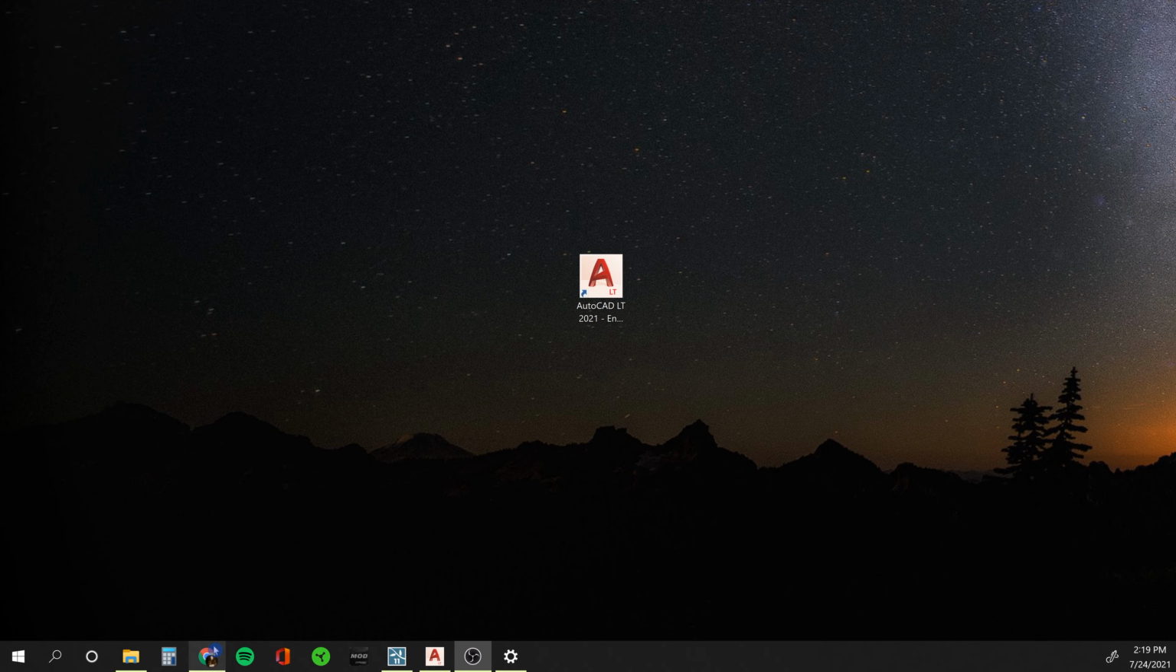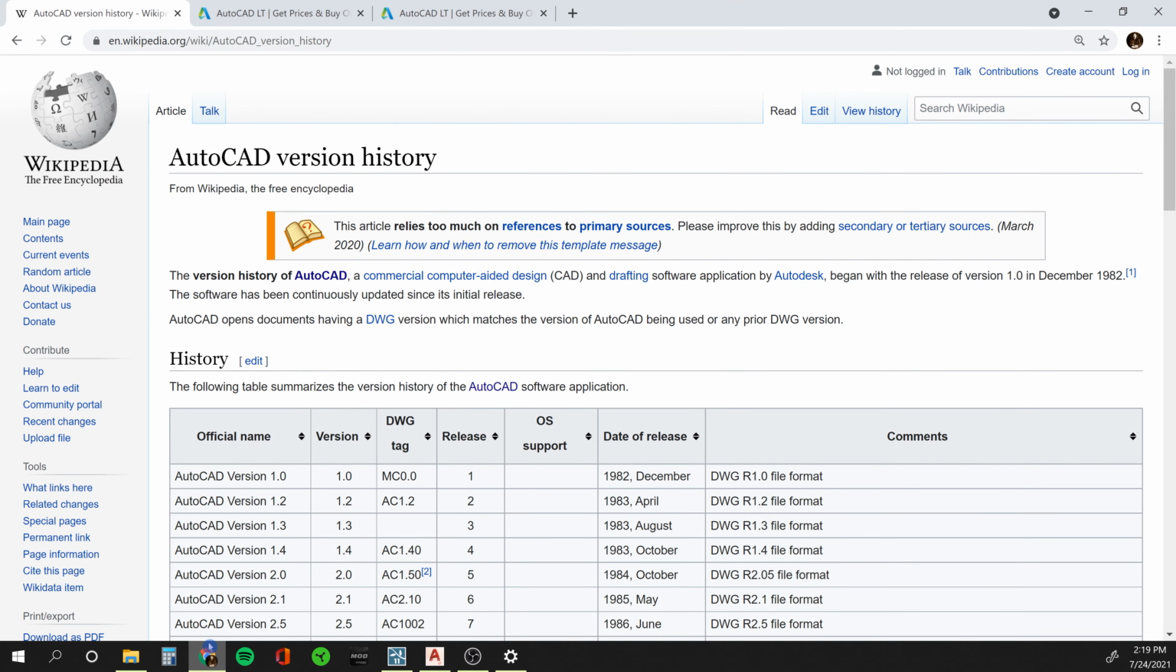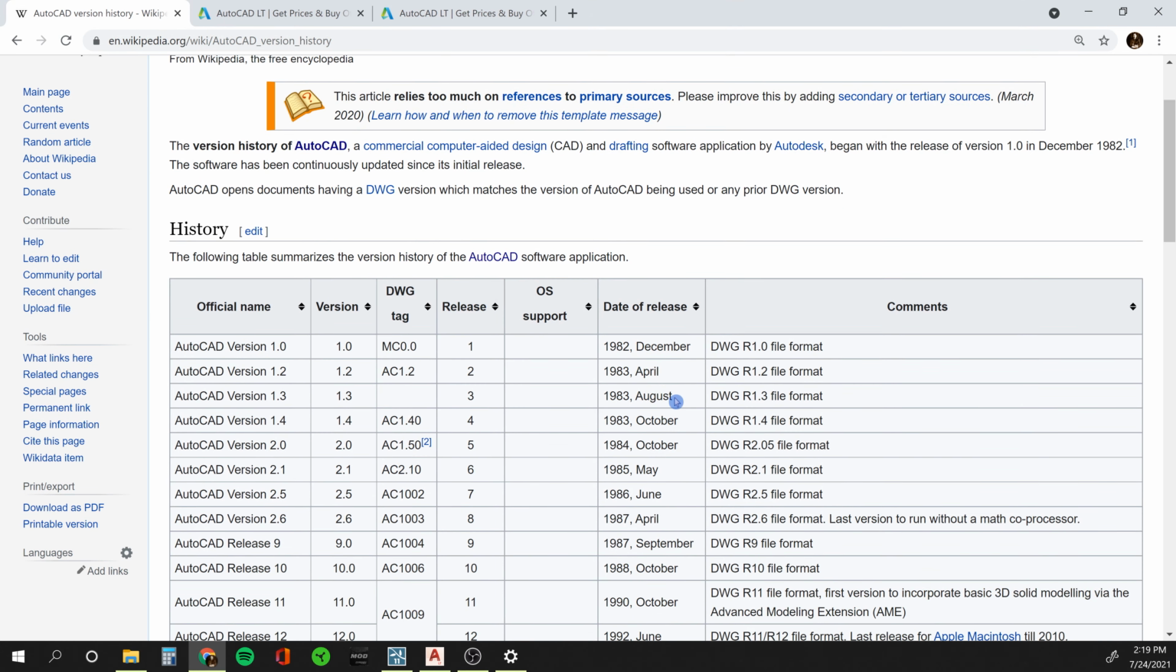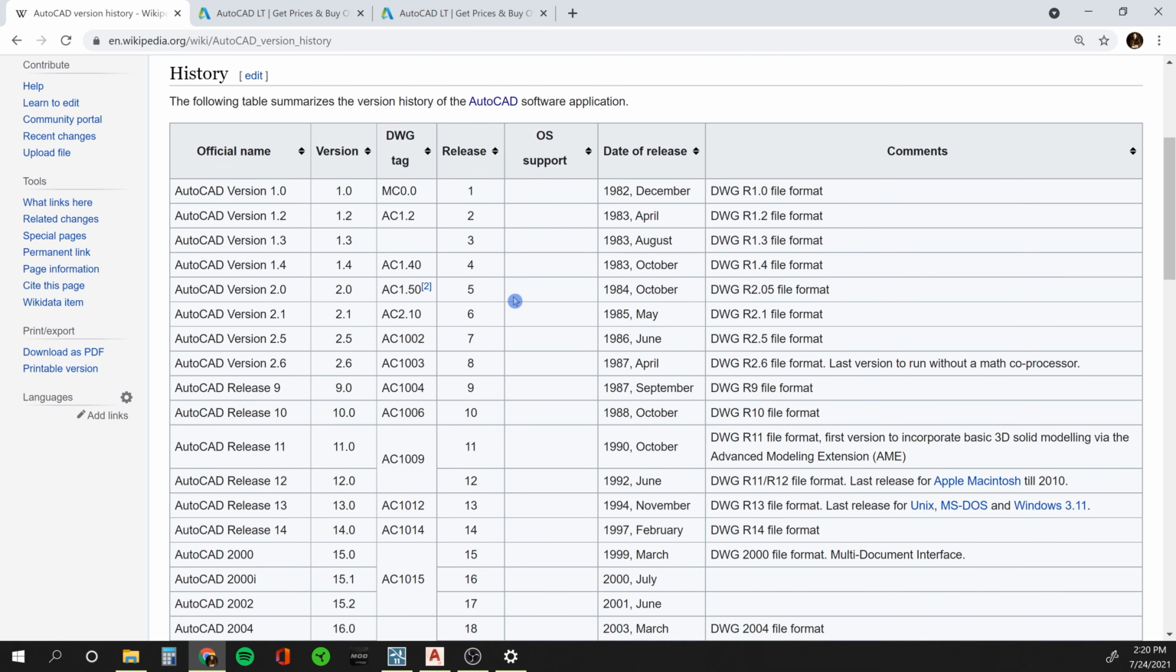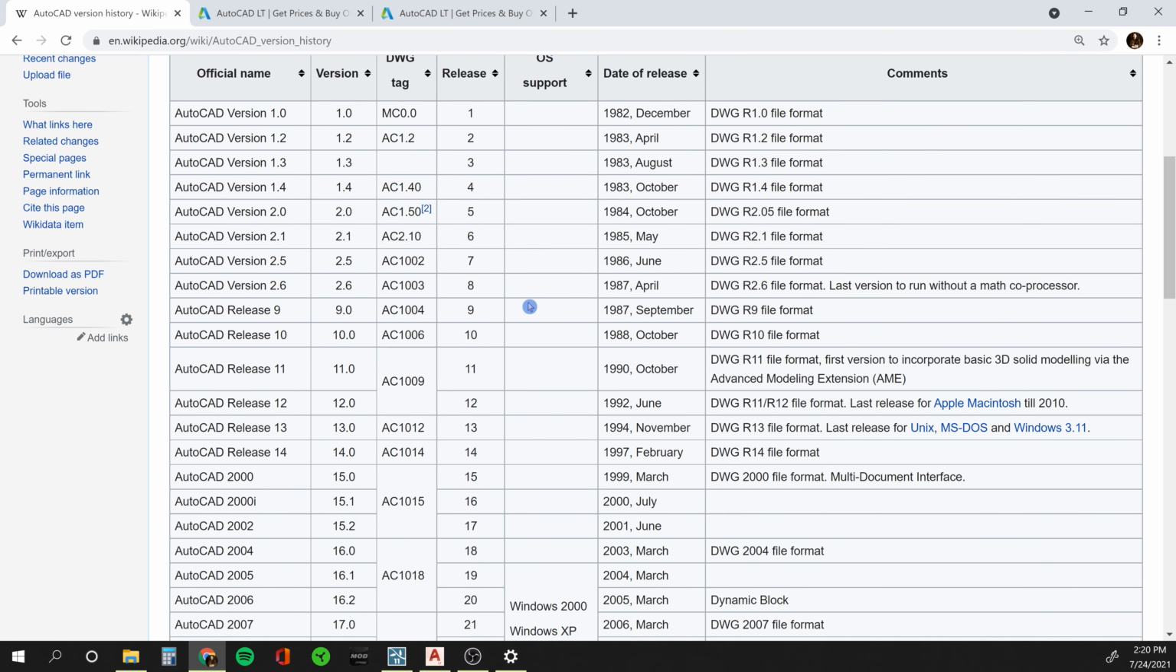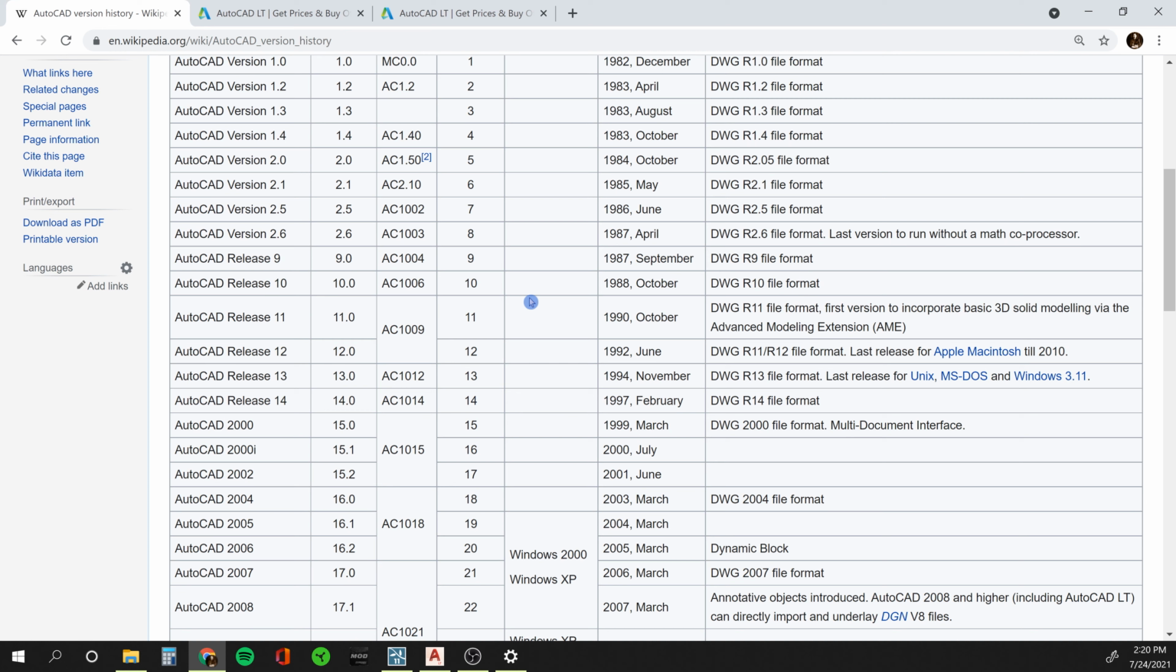Before we get started, let's go over a brief little history of AutoCAD. AutoCAD began its first release in 1982. Since then, every year AutoCAD comes out with one or more new versions. Now, don't worry about it because every version carries over functions and commands from the previous version, usually making your